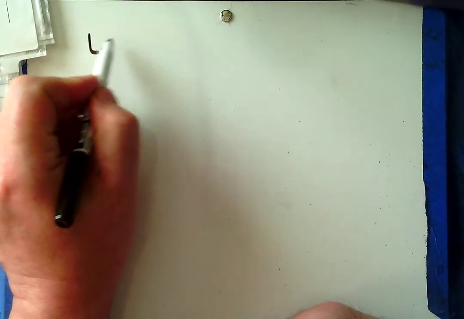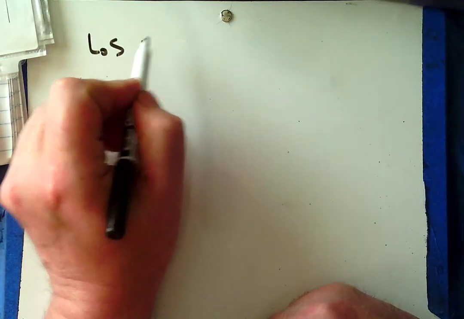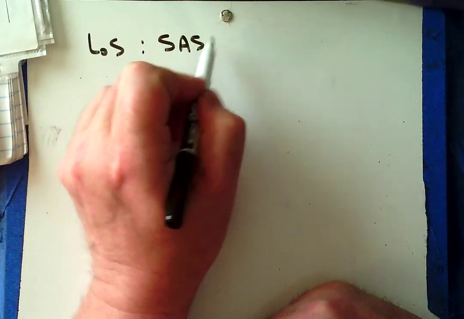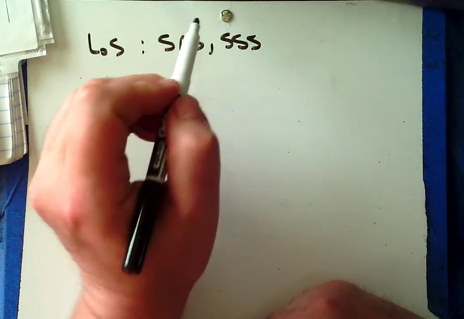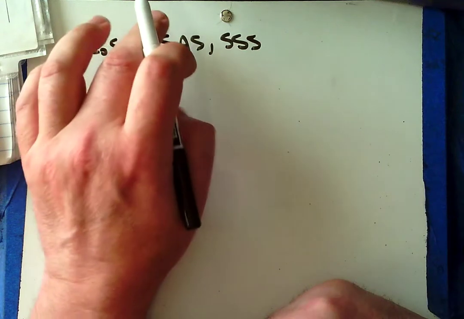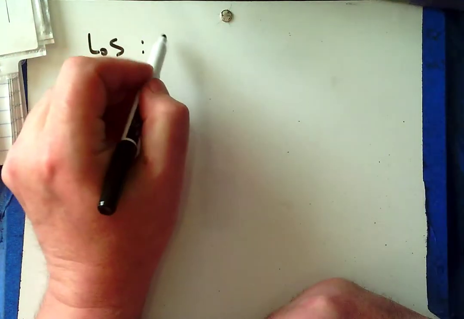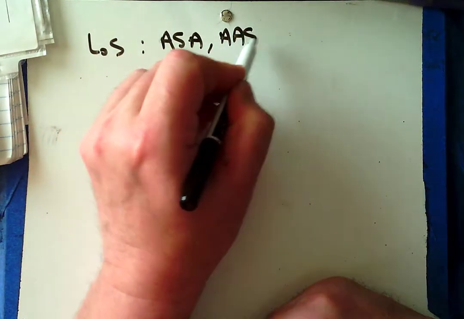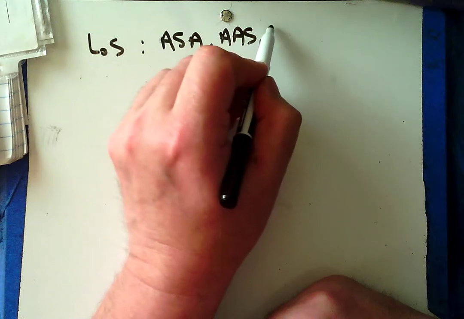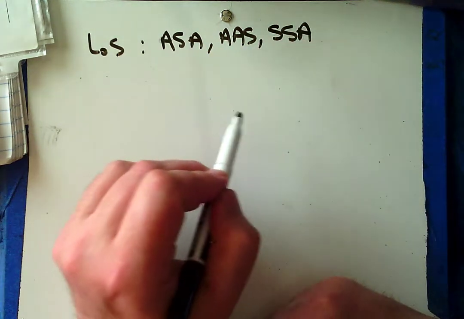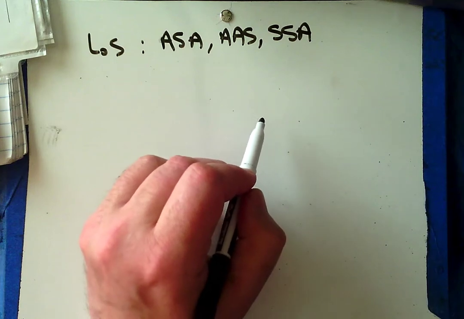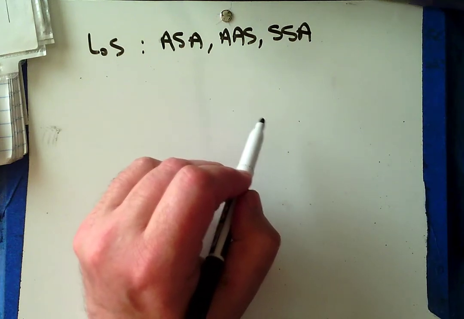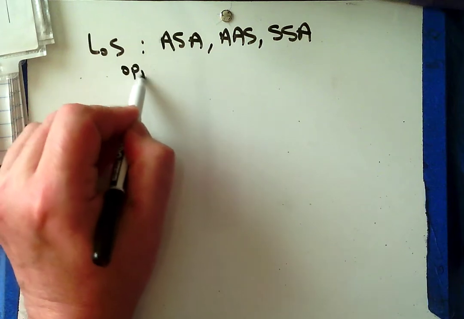So, law of cosines. We said that we would use the law of sines when we had side, angle, side, side, side, side. No, not that one. Sorry. We would do this when we had angle, side, angle, angle, angle, side, and even side, side, angle. Those are times when we would use law of sines. We always need an opposite